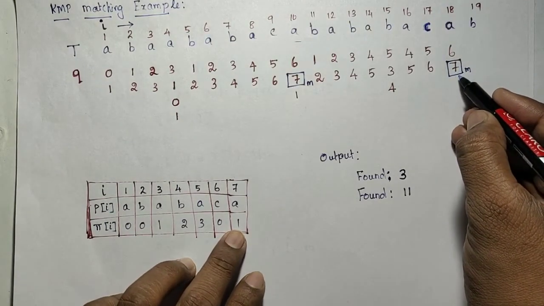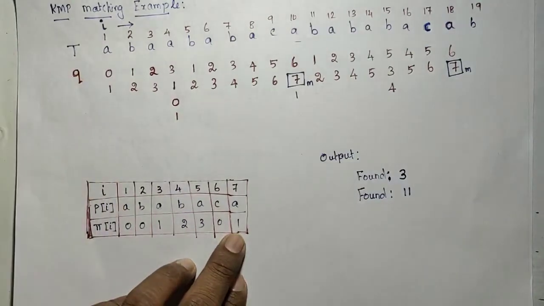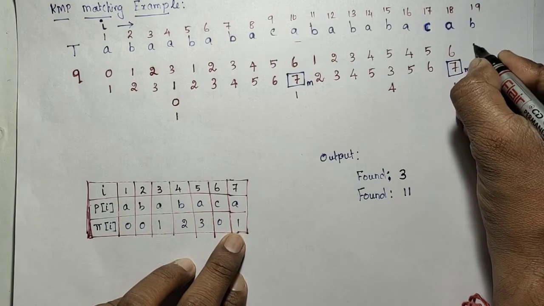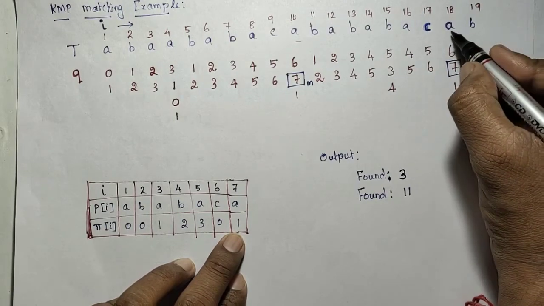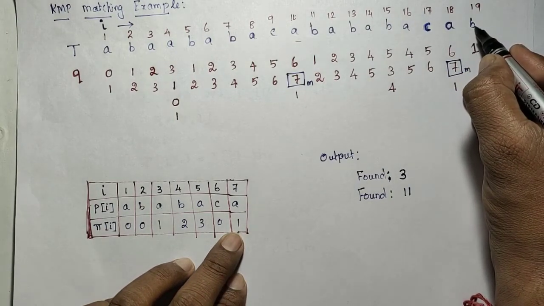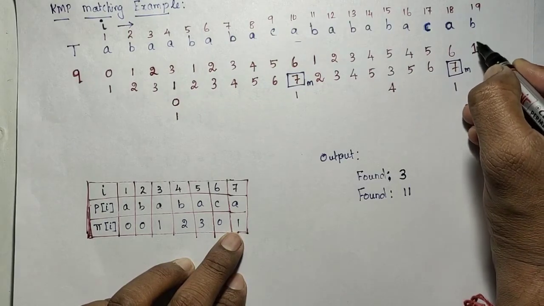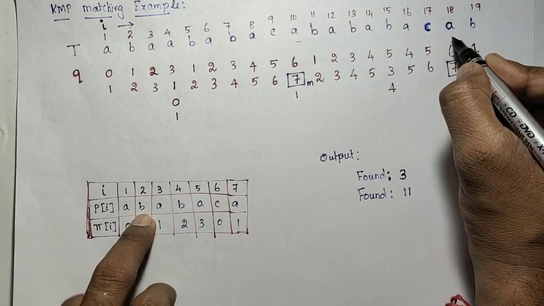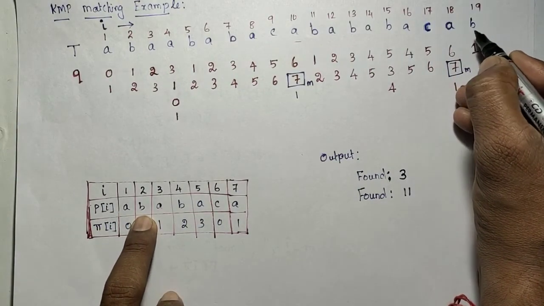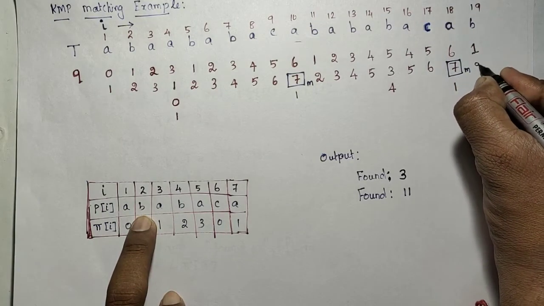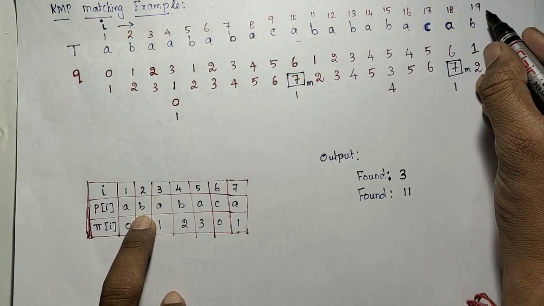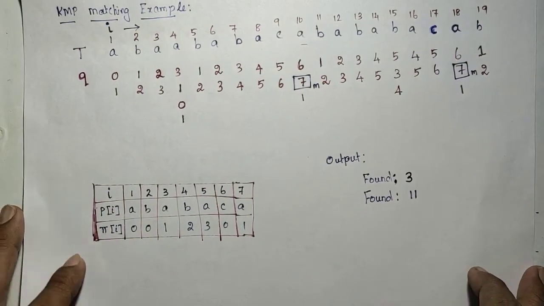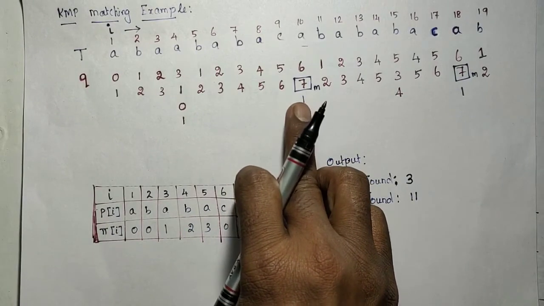After that, it will be restored to pi of 7, whose value is 1. So the Q value is changed to 1. Next character is the second character B. So from this, the last 1 character alone is matching. The second character B and this character is B, so it will get incremented to 2. The next iteration, there is no more iteration. So we completed it.